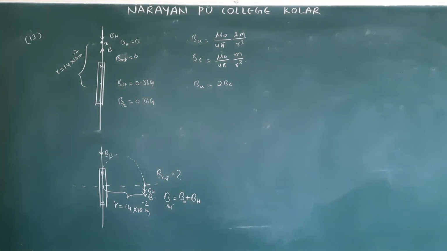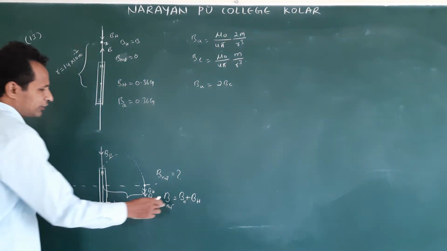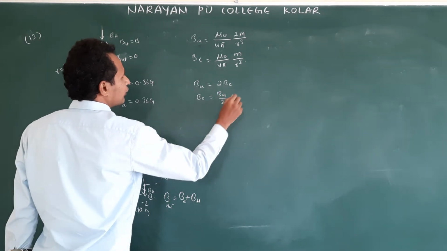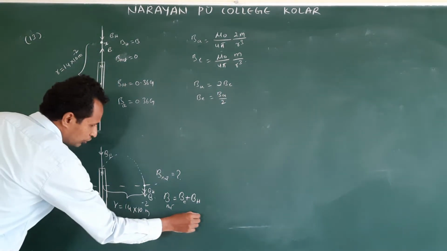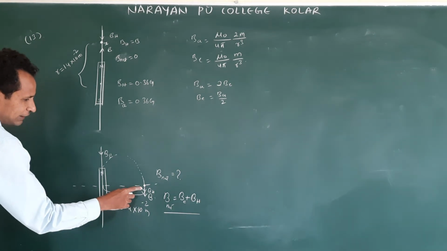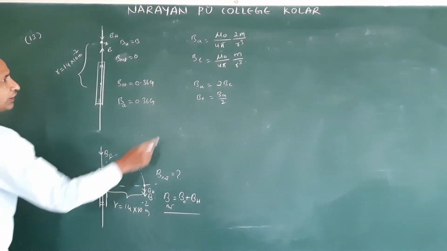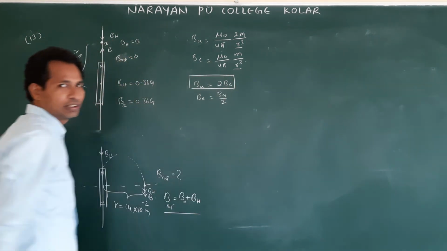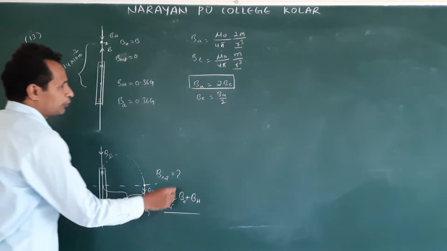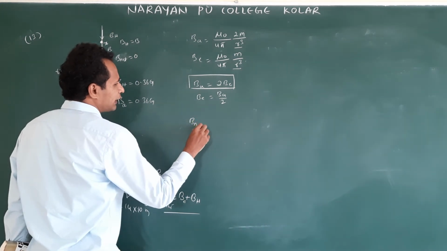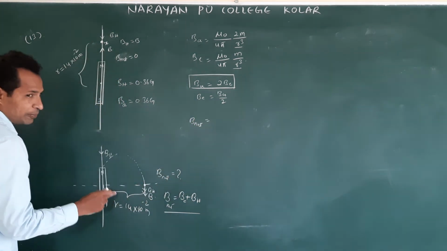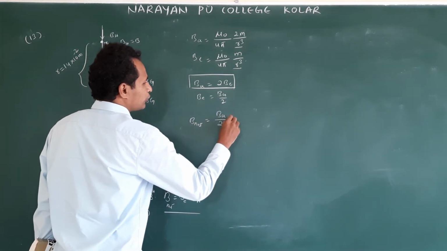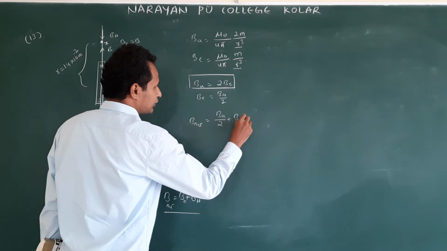Am I correct or not? Clear? Or B is equal to, how do we write, BA by 2. So now on the normal bisector, the distance remains the same. Here r remains the same. When r is the same, this relation is valid. Clear? So now B net is equal to, where we are calculating on the normal bisector, BE is what? B axial by 2 plus BH.